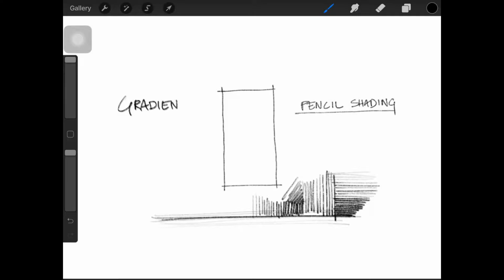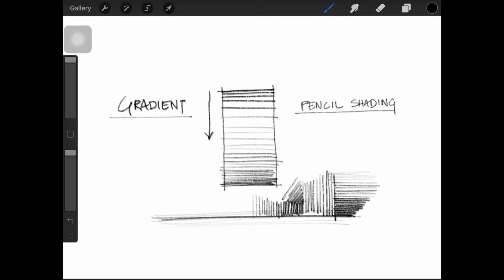One more thing that you can try is creating gradients. So here I start creating the lines horizontally, and as I reach the lower bottom half, I'll keep increasing the spaces between the lines and I'll keep reducing the darkness of them, and I can do the same for the lower part too. So all the set of lines here is going from dark to light.